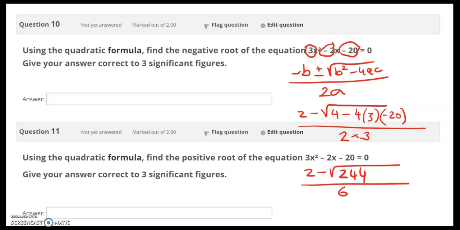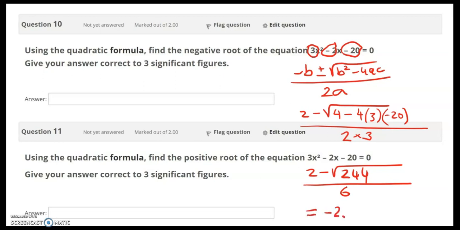So the square root of 244 comes first, and that gives a long decimal, which is 15.62049935. So we'll keep that in the calculator and take it away from 2. That answer will then be divided by 6, which gives us